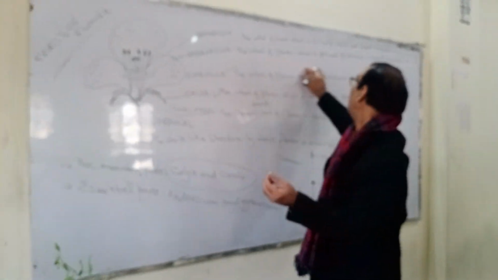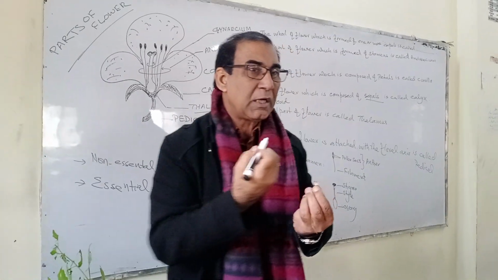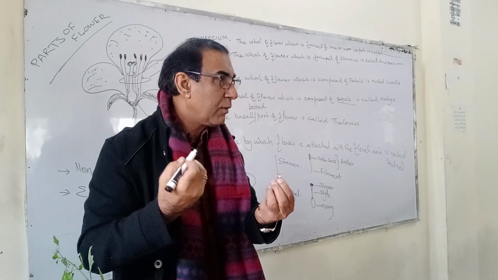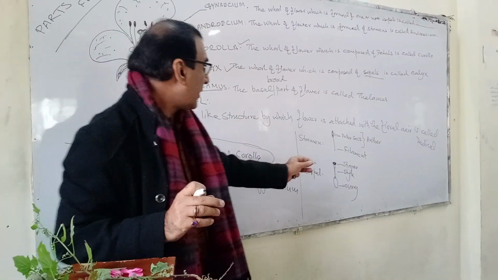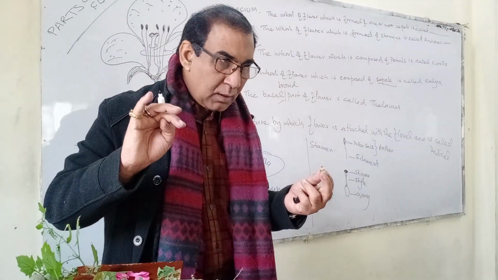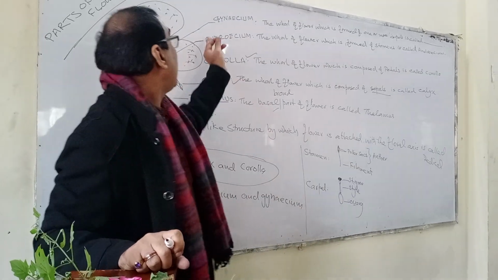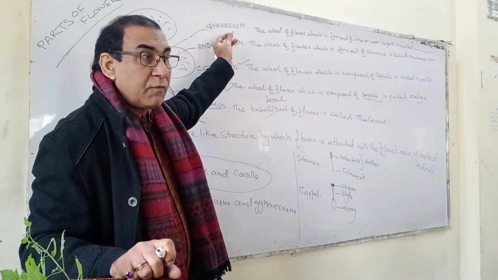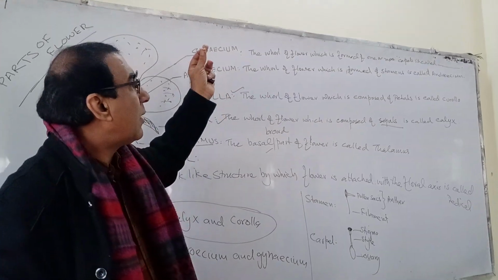All the stamens together form the androecium. The androecium is the whorl of flower which is formed of many stamens. One stamen consists of two parts, the anther and filament. Clear? And then the female whorl of flower, which is formed of